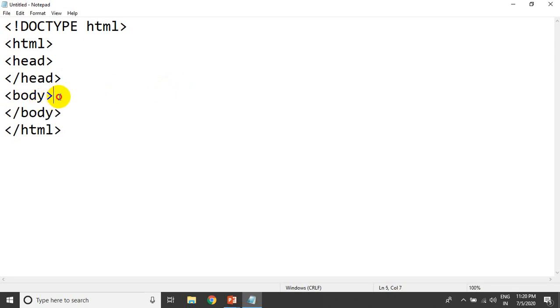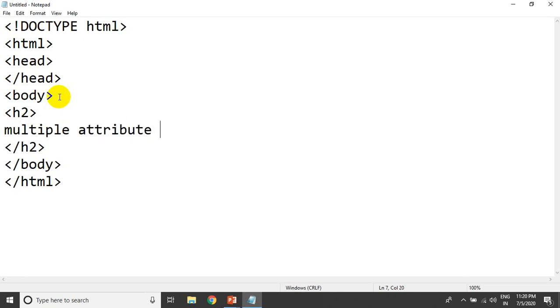Okay, so I'm going a little fast. I will add one h2 heading just to show what our today's topic is. What is our today's topic? That is an attribute of the input tag, but which attribute are we talking about? That is the multiple attribute in the input tag. Now I will add one form.